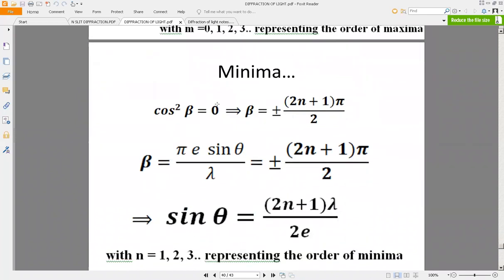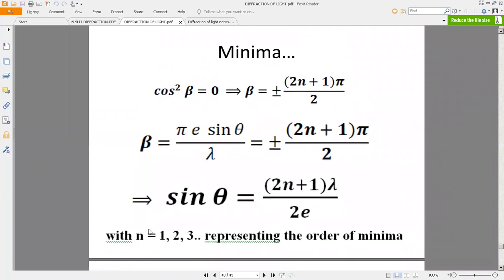So equate this cos beta to 0, and you know cos goes to 0 for all odd multiples of pi by 2. Pi by 2, 3 pi by 2, 5 pi by 2, 7 pi by 2, with both positive and negative values. Right? So all odd multiples of pi by 2 can be represented as (2n plus 1) pi by 2. Well, somebody may ask here once again, why don't you take 2n minus 1? If I take 2n minus 1, my n is going to start with 1. If I take 2n plus 1, my n is going to start with 0. That is the only difference, right? Only for that simplicity I have taken it like this.